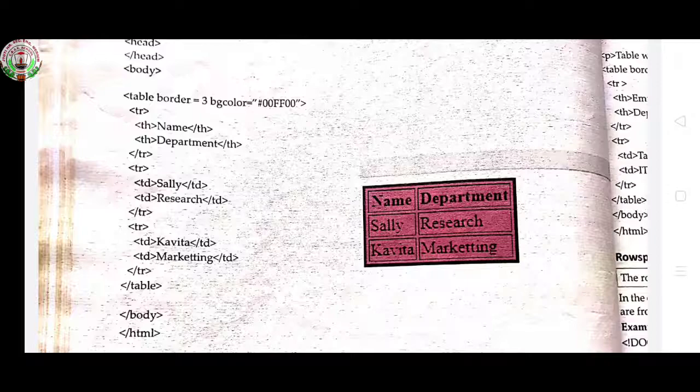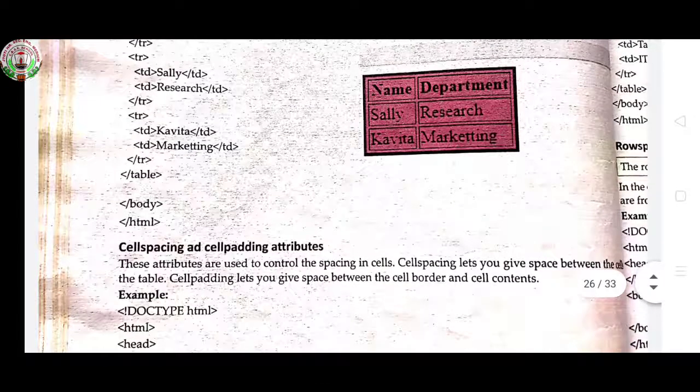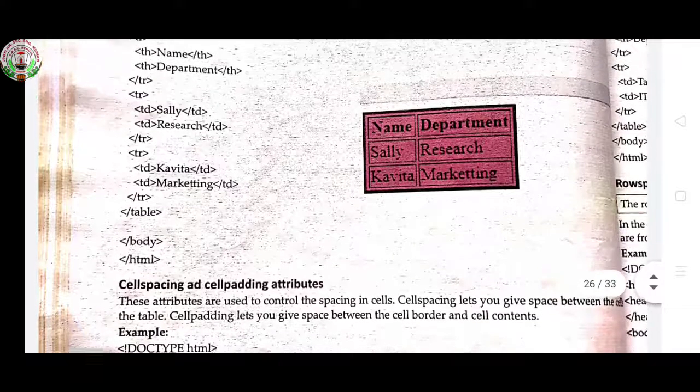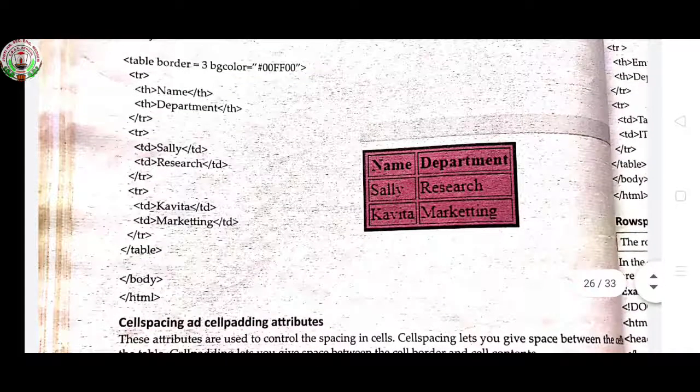Opening TR, then first is TD, then Sally, close TD, then again TD, research, close TD, close TR, then again Kavita and marketing you enter, then at the end you close table tag, then body tag, then HTML tag. So this is the way you can create a table in your web pages.